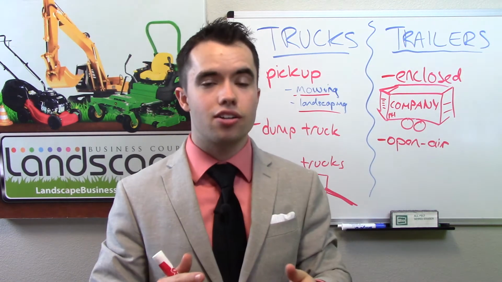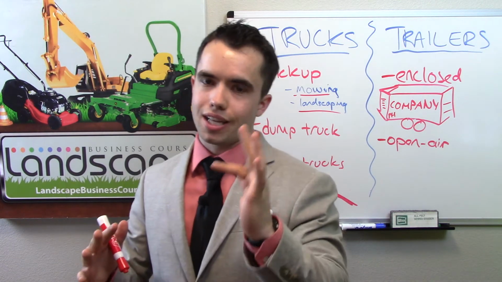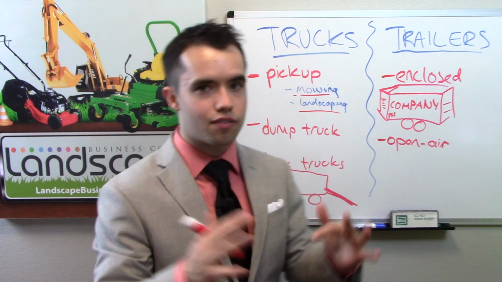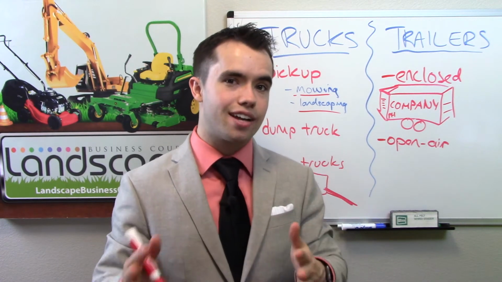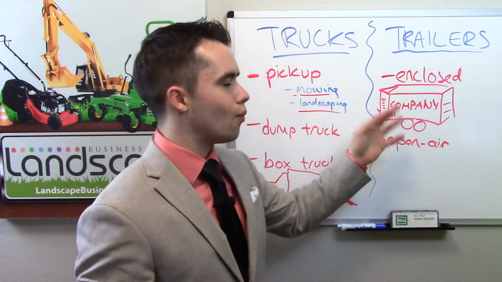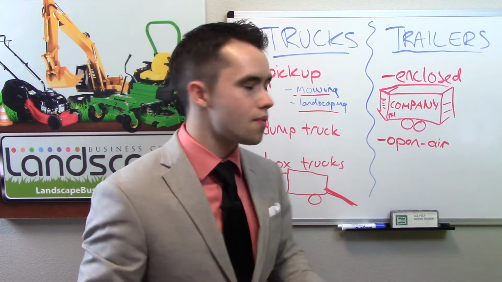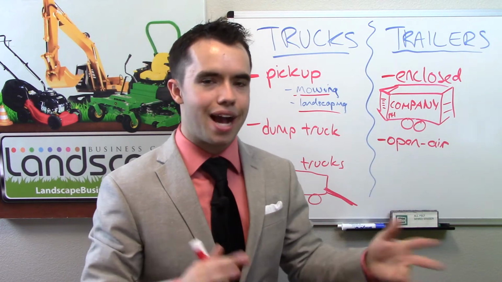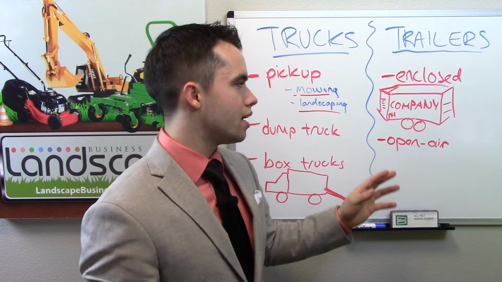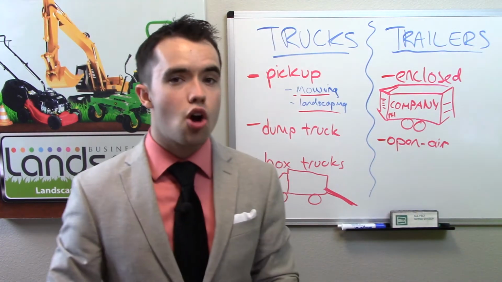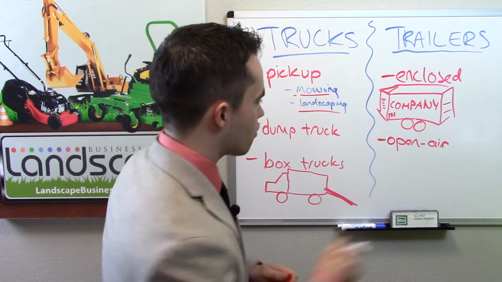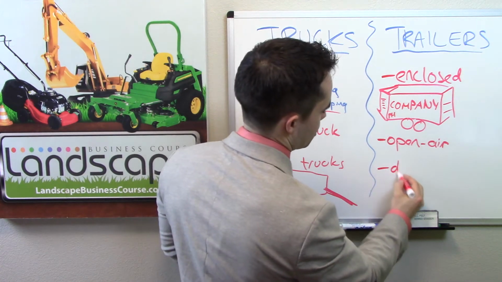We are trying to standardize the equipment size as well as the size of the trailer, and the setup of the equipment inside those trailers. We want it standardized across the board. To do that, we stick with 7 by 14 enclosed trailers. We have the exact same graphics on the front, back, and side. As far as open air trailers, we don't have any for mowing. However, we do use the third type that we're going to talk about, which is